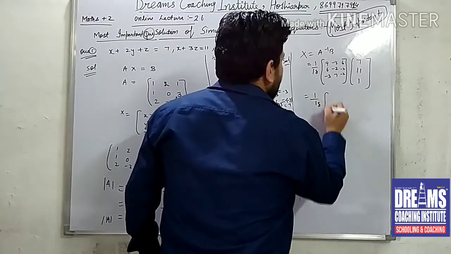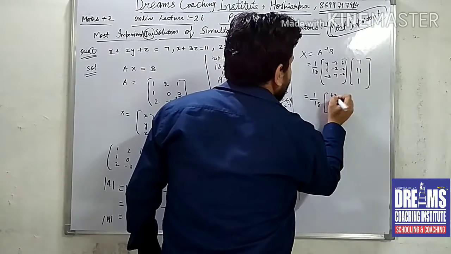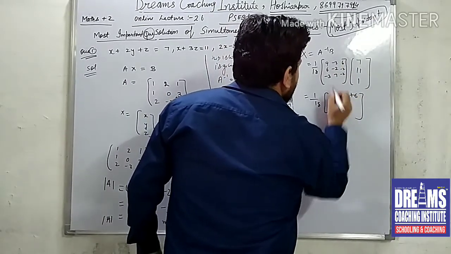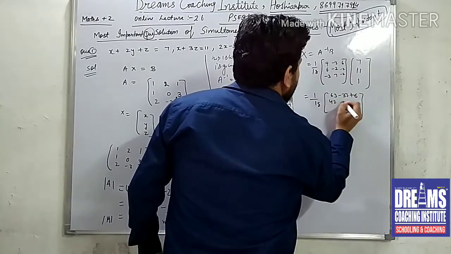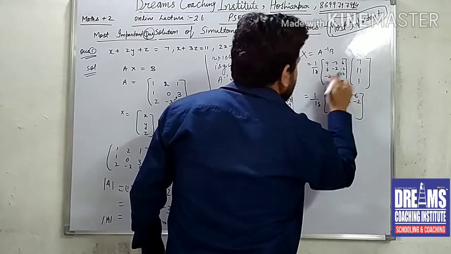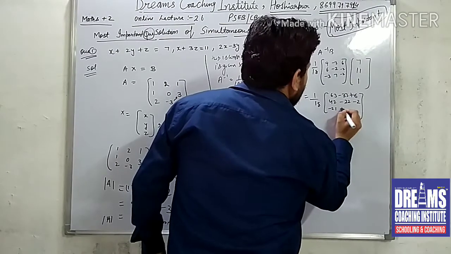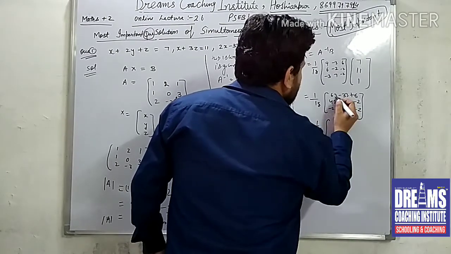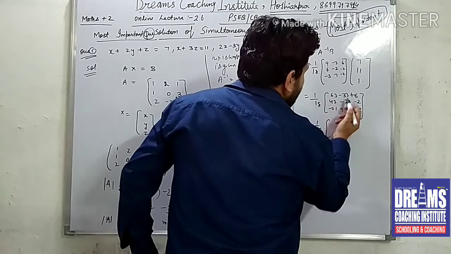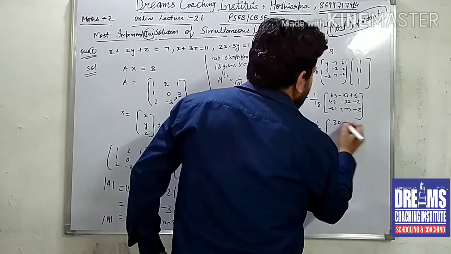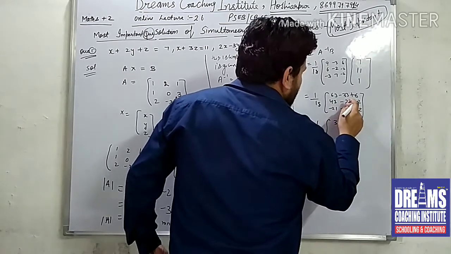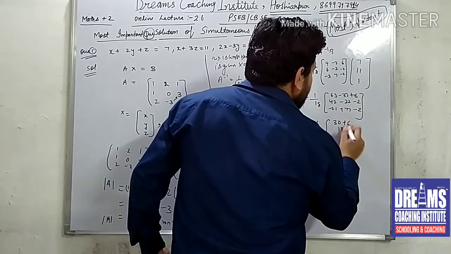This is 1 by 18. 9 7s are 63, minus 33, 6 1s are 6. 7 6s are 42, minus 22, minus 2. So this is minus 21, 77, minus 2. So this is 1 by 18, and this comes to be 63 minus 33, 30, plus 6, 36. This is 42 minus 22, 20; 20 minus 2, this is 18.